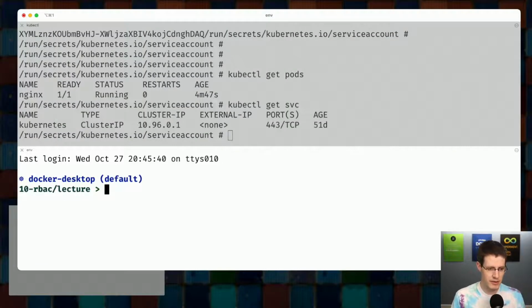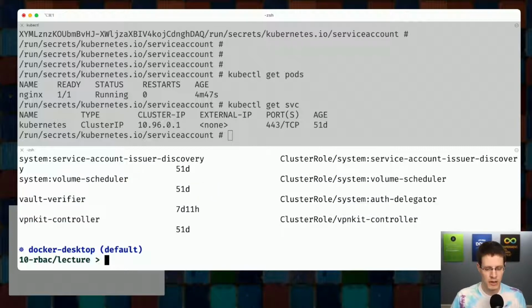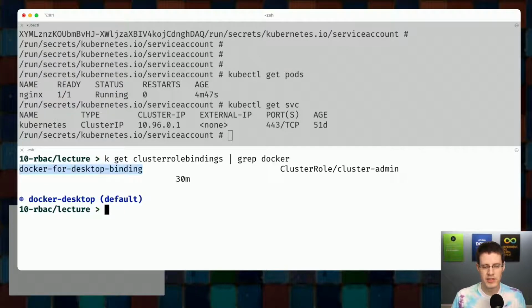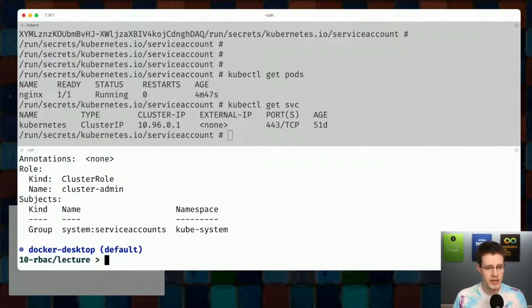One of the things, if I look at the ClusterRoleBindings, and I should have grepped for Docker, we'll see that there's a ClusterRoleBinding that they've created that's called Docker for Desktop Binding here. Let's describe that. And what we'll see is that it's authorizing system service accounts cluster admin. Now, you probably don't know what service accounts is, so let's jump over to Chrome here,